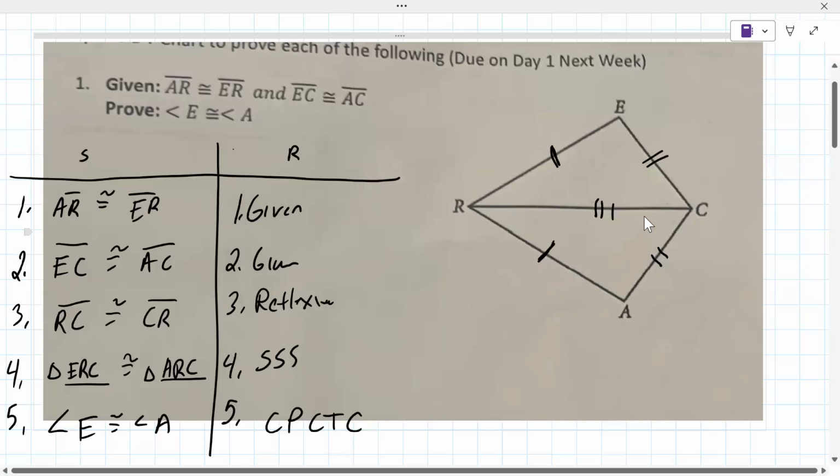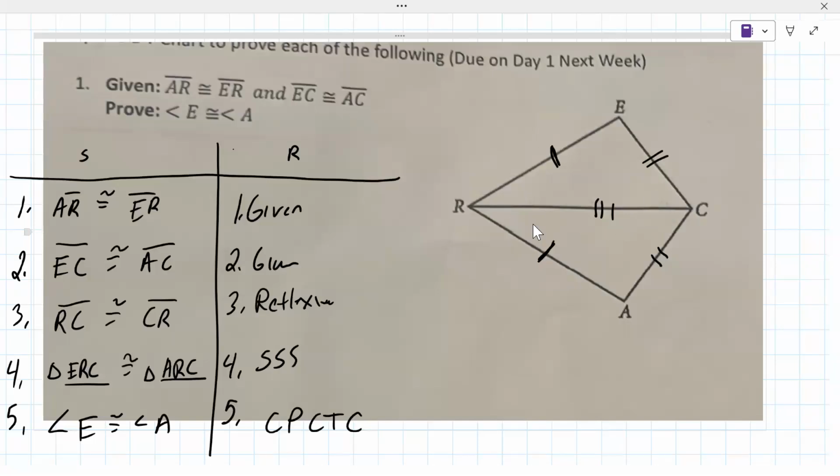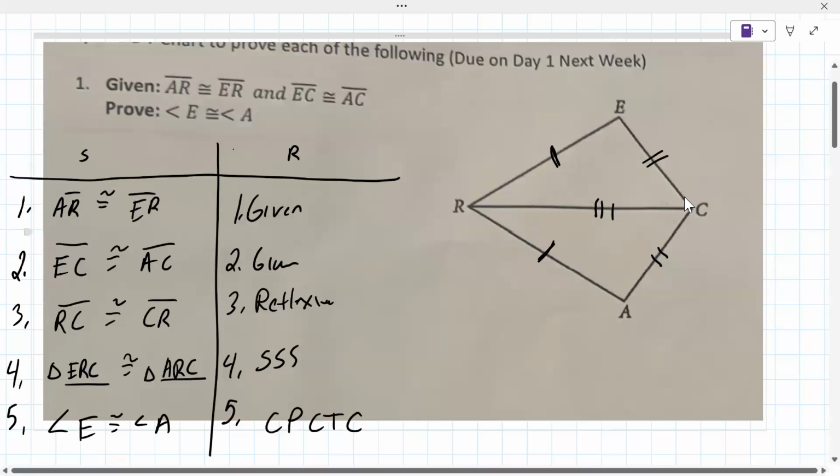I used an important word here. Why were these sides congruent? I guess, what did we end up using? Reflexive. Okay, so reflexive means something else. What's another word you can use for reflexive, in real life or in math terms? I just don't feel like you fully get how you're supposed to